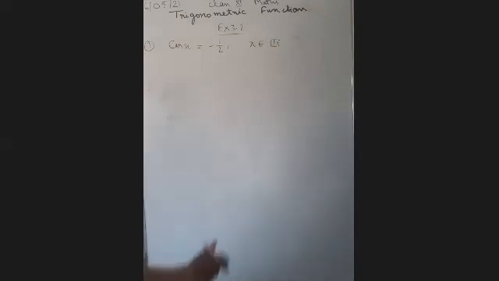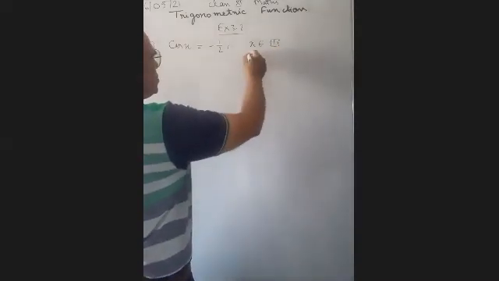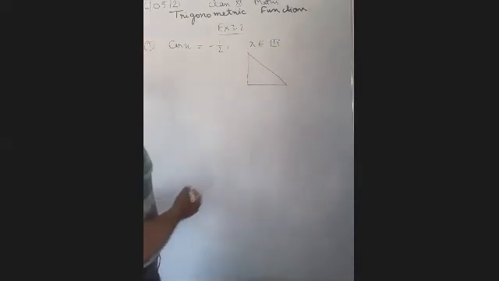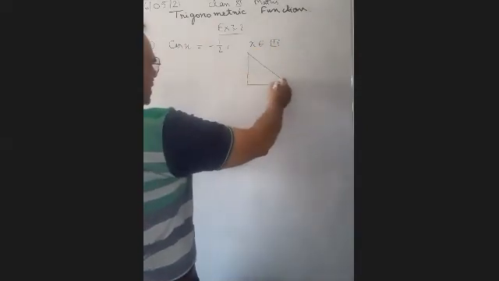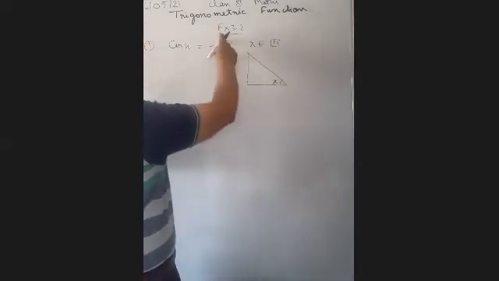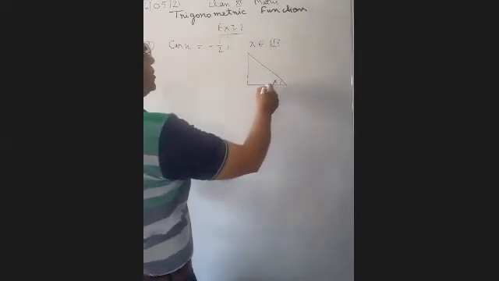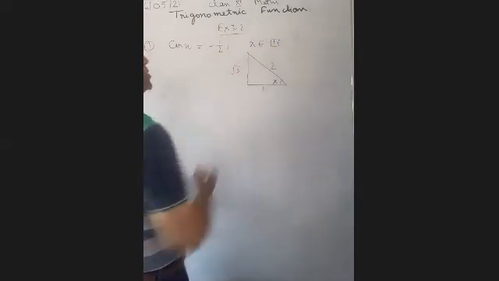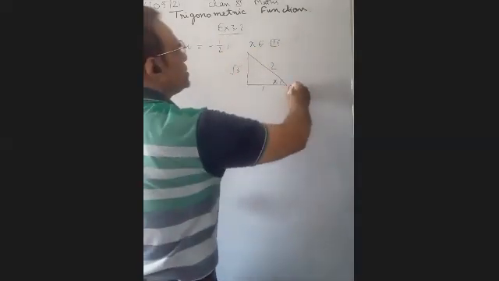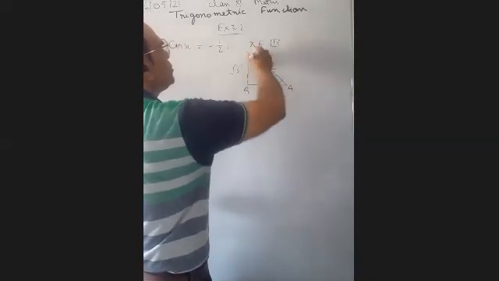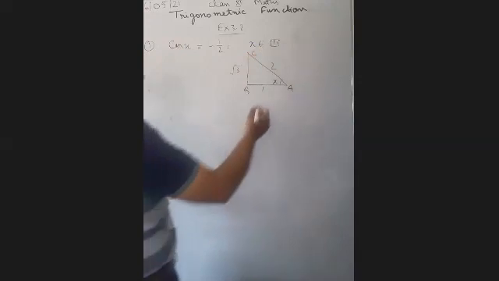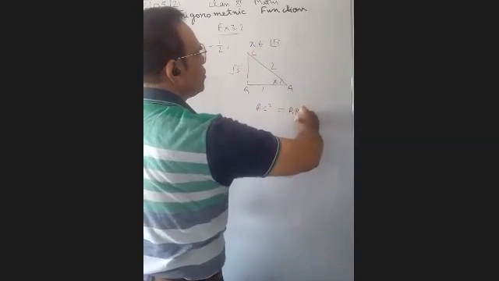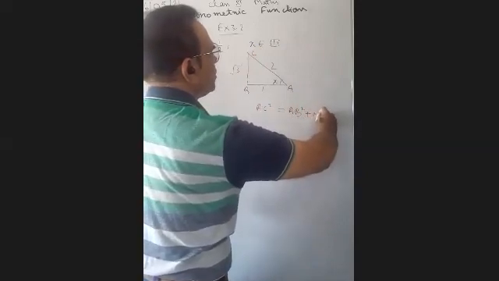Okay, so first of all we just use the right angle triangle as you have done in 10th class. Suppose this angle is x, and cos x is base upon hypotenuse. Base is equal to 1 and hypotenuse is 2, then it becomes root 3 by using the Pythagoras theorem. So you are familiar with this, so I am not explaining it. If you have a problem, then I can explain it also. So AC square will be equal to AB square plus BC square.